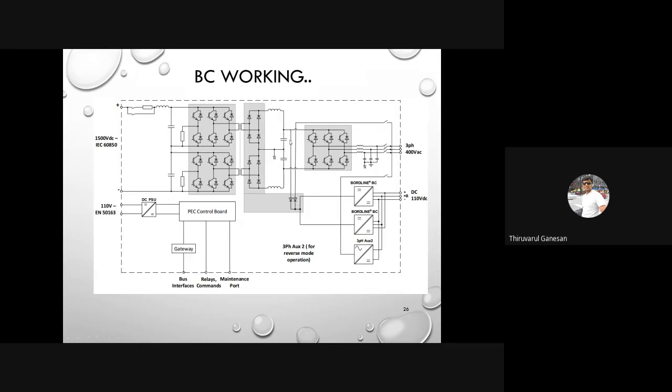And this is a charging circuit of your battery. These are 2 chargers used to charge your 110 volt battery. Here we have used 2 chargers because of a customer requirement for redundancy. If one of the chargers fails, the other charger should charge the battery system. This is a specific requirement from the customer, so we have designed a redundant mode battery charging system.